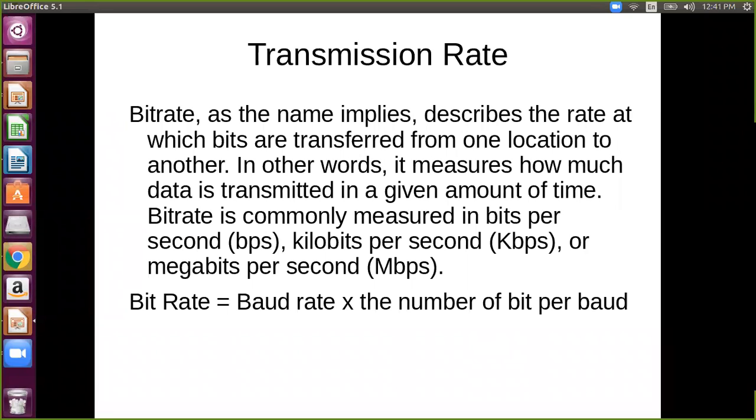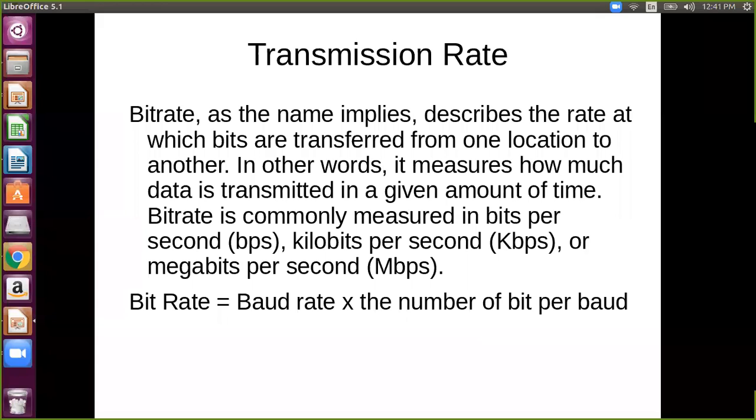So differentiate bit and baud. If someone says baud rate, that means a signal, or the number of bits at a particular time, is transmitted, while in bit rate one bit is considered. In baud rate, a particular baud, that means a number of bits collectively, say 8 bits, is shifted from one location to another in this particular time.